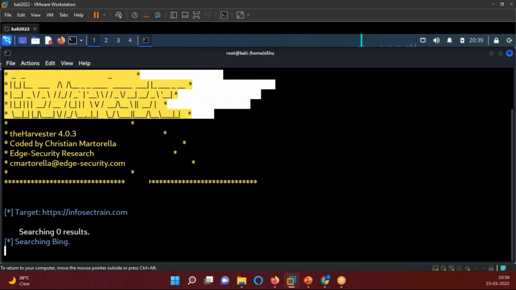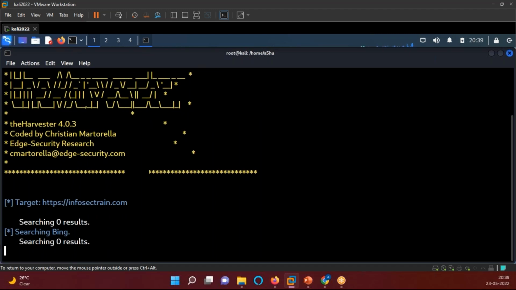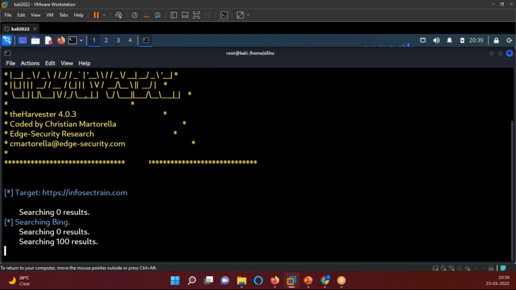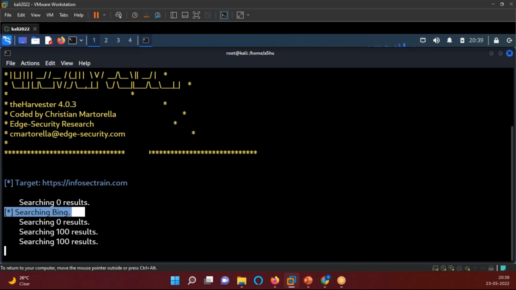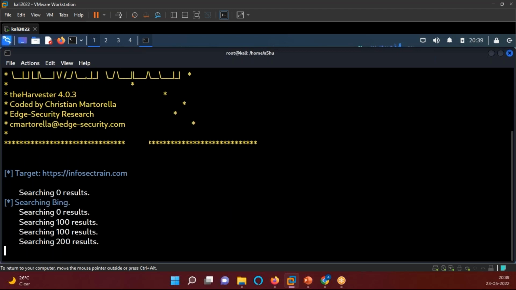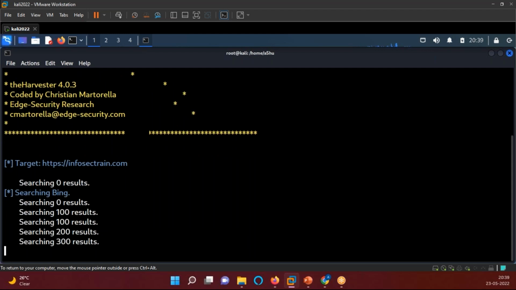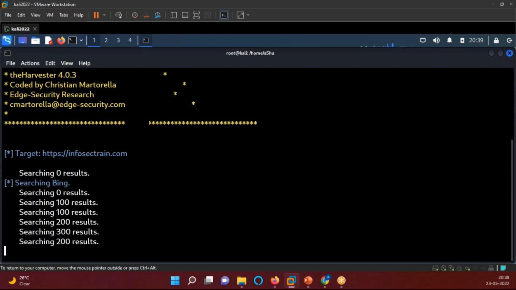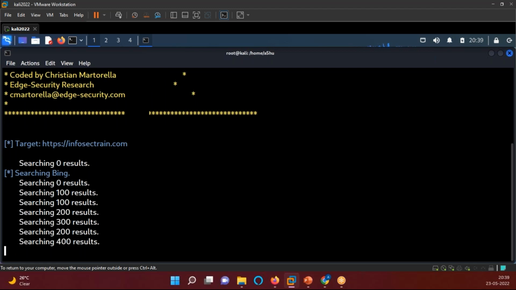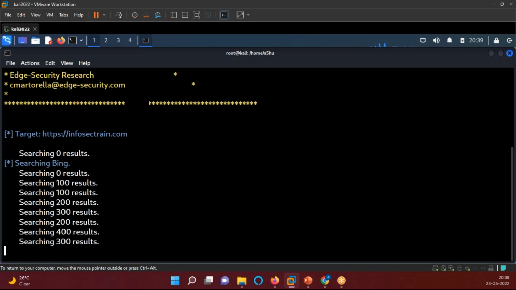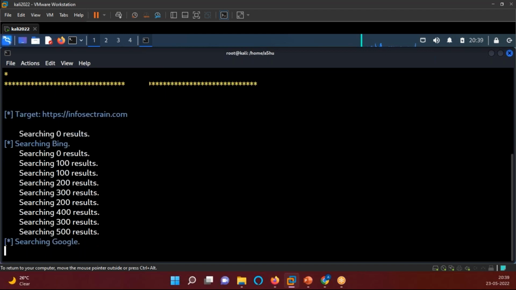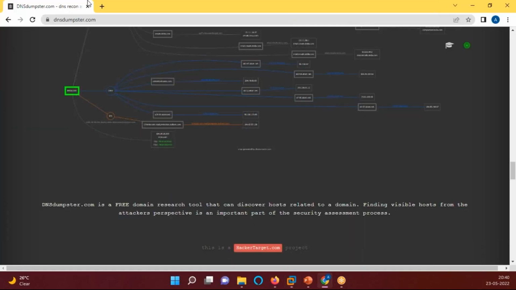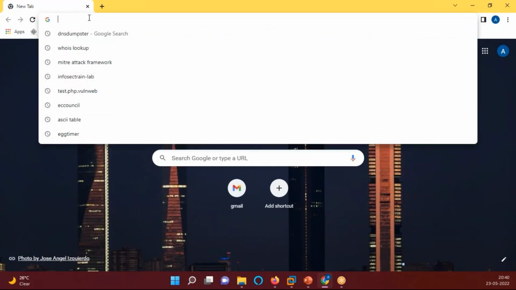This is the fancy banner that theHarvester shows, and it's searching for results, right? So as you can see, it is searching Bing, and in different places it will search for results, right? Wherever it finds some results, it will show them to you, right? So can an attacker use this for collecting a lot of information about the target? Yes. While it's searching, let me show you something with the name